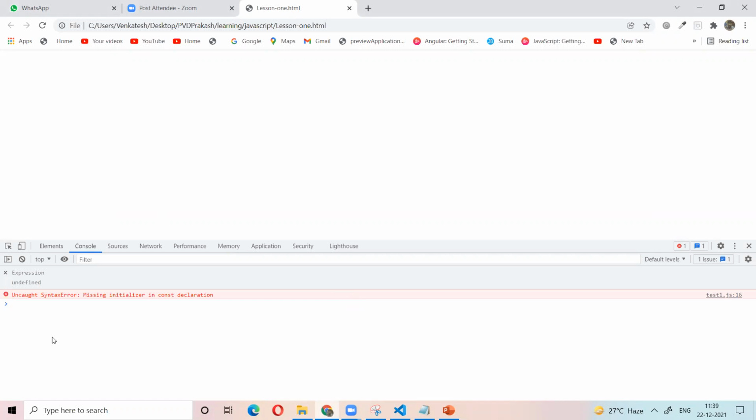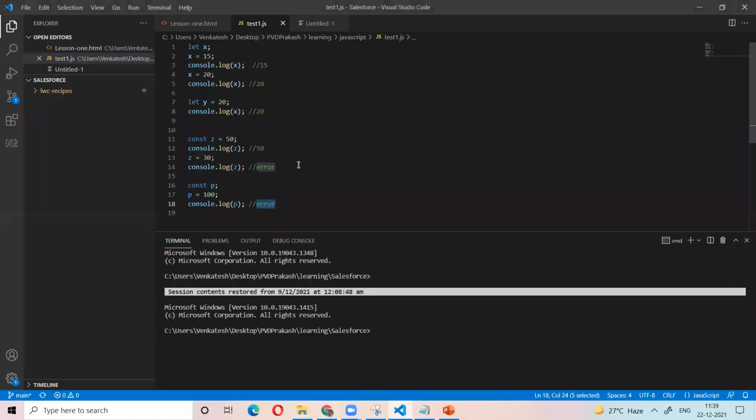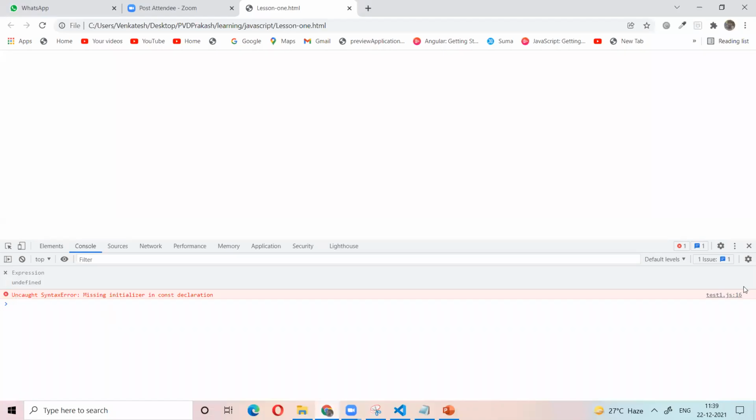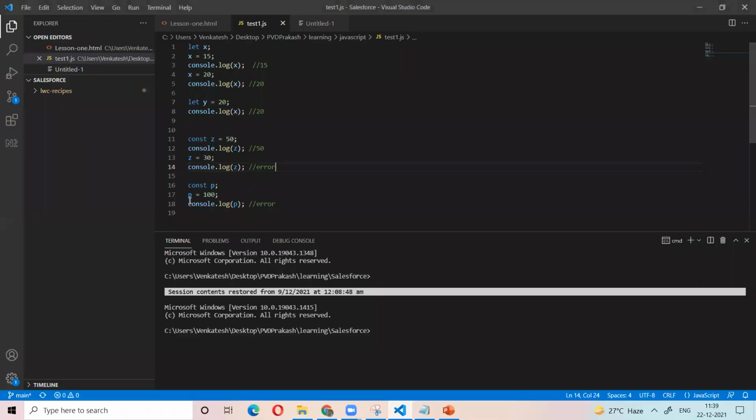Because before executing any program, it will check the syntax, whether we wrote it correctly or not. If not correct, it gives the error and stops the execution. So what is the line number? 16. Here is the syntax error, line number 16.